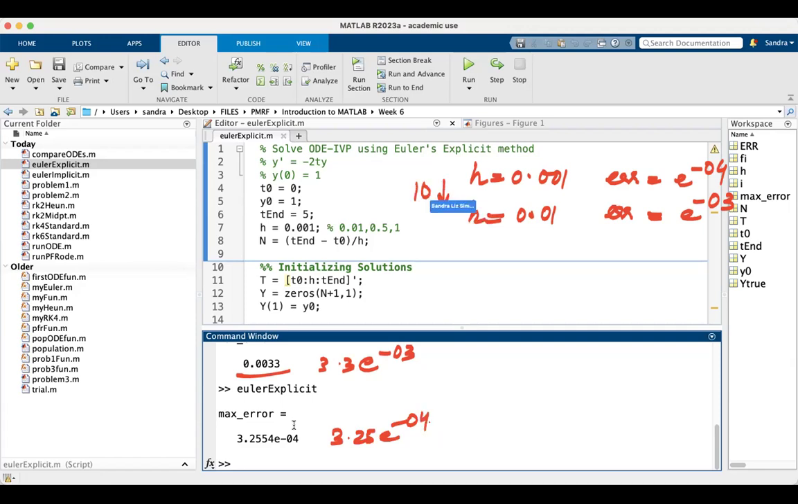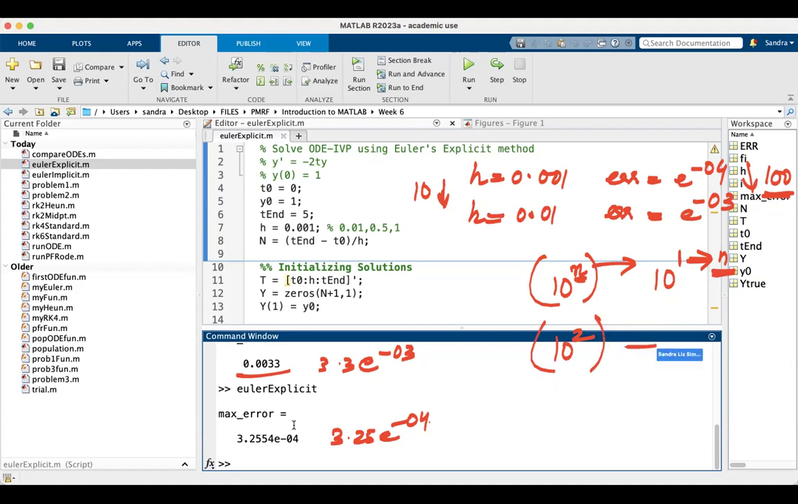And how do you say the order? You say this n to be the order. Okay, here the factor is just 10 raised to 1. So n is equal to 1. So you say first order method. So if you decrease h by a factor of 10 and the error goes down by a factor of 100, what is 100? 100 is 10 raised to 2. Okay, then you say that n is equal to 2